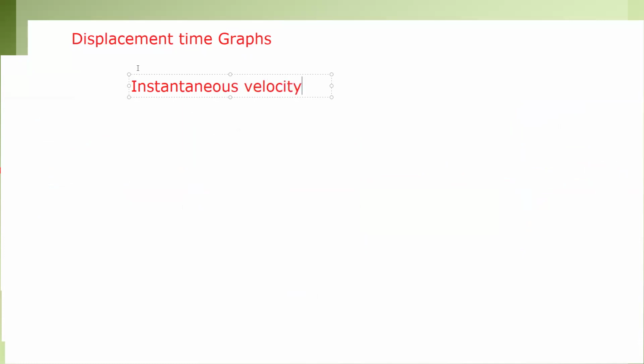Instantaneous velocity means velocity at a particular moment of time. So if it's a straight line, then we just work out the gradient. But if we have a displacement time graph,